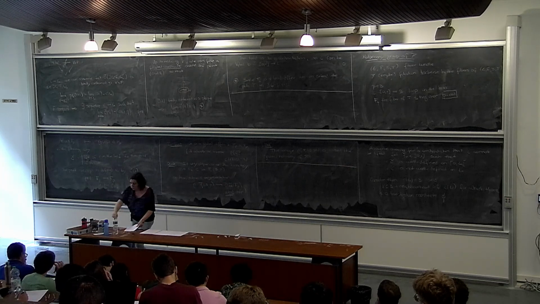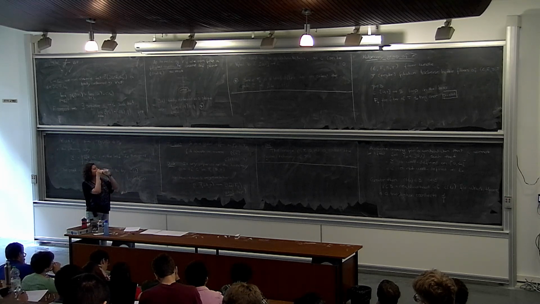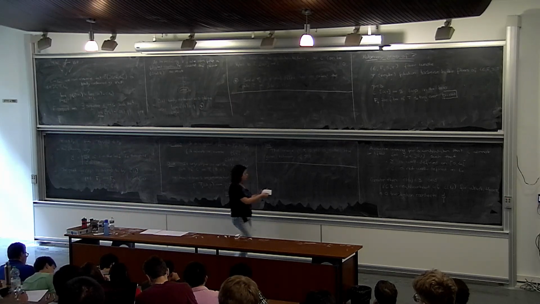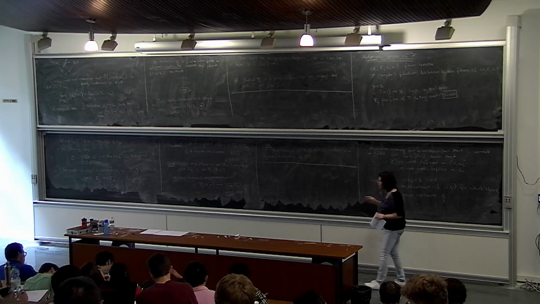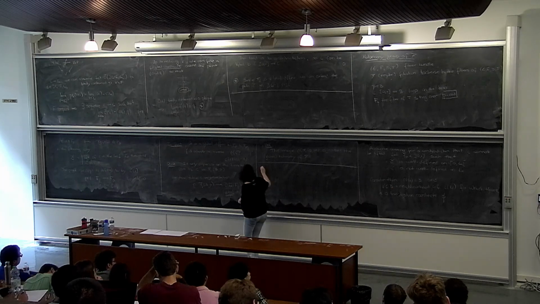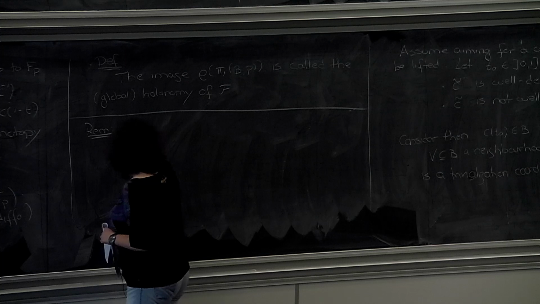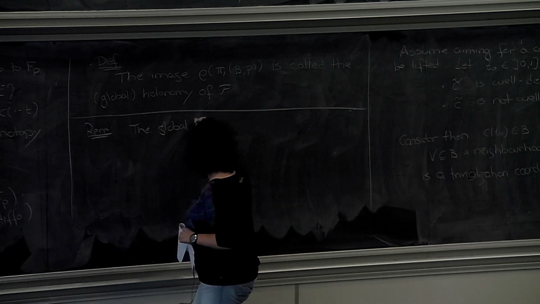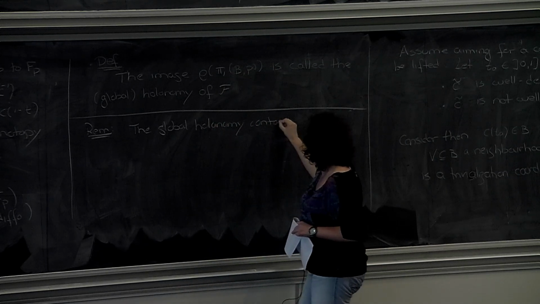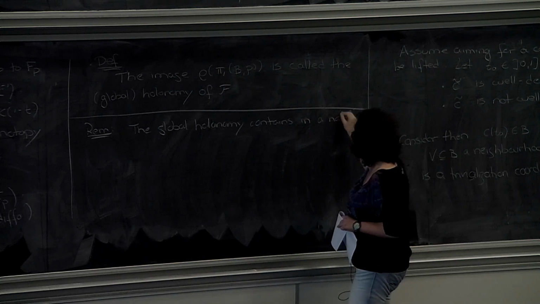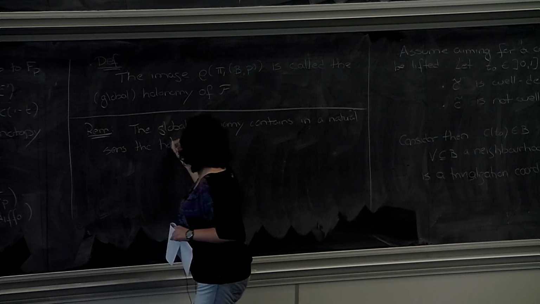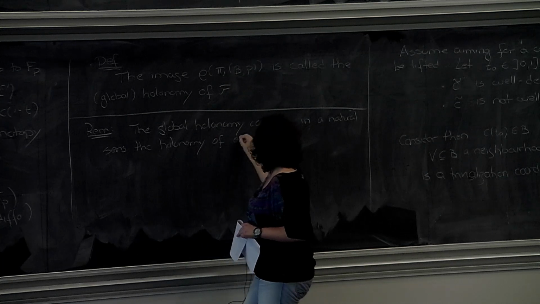Okay, as I said in the beginning, this global holonomy contains, in a natural sense, the holonomy of every leaf of this foliation. Okay? So remark, the global holonomy contains, in a natural sense, the holonomy of every leaf